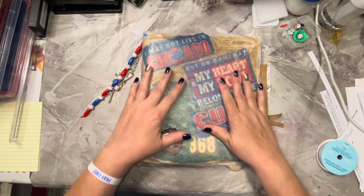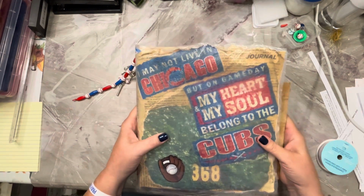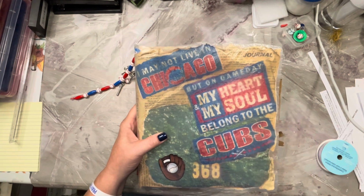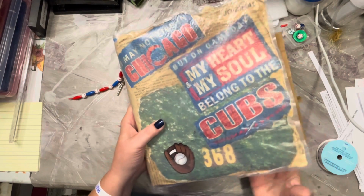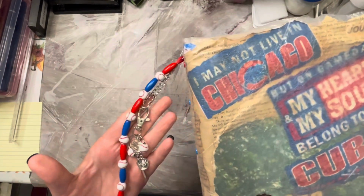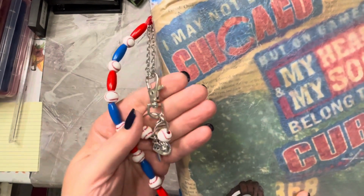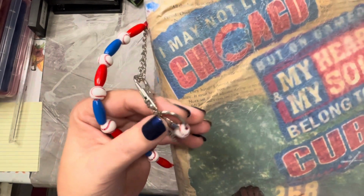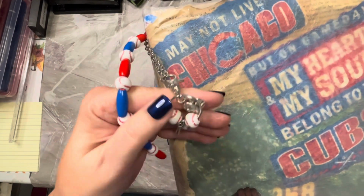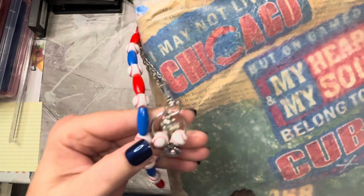I wanted to show you this completed journal. I'm just going to do a quick flip through, and then I think I'm going to finish this up finally. So on the spine here, I did a couple spine dangles. So this I bought. It's just got a little cap and a ball, and then I put these two baseball beads on there, and